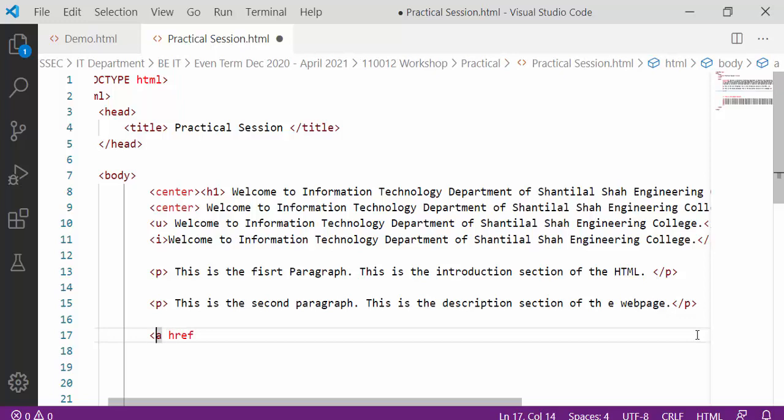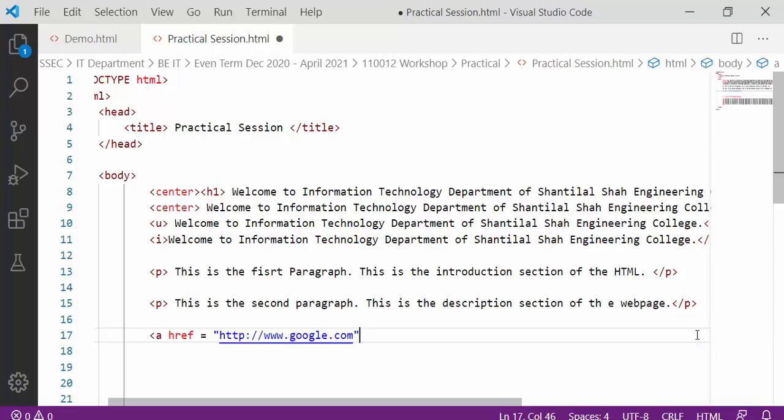For the anchor tag you have to write a, then put a space, and then give the reference. So I am just writing http://www.google.com.